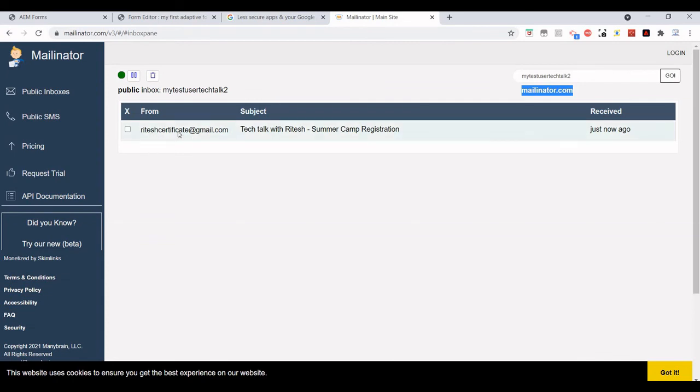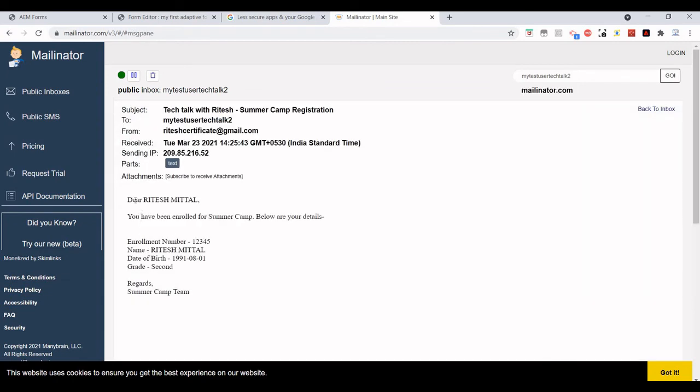Yes, we received one email, and if we open it, all the values are coming dynamically. My name is coming here, along with the details I filled in the form.